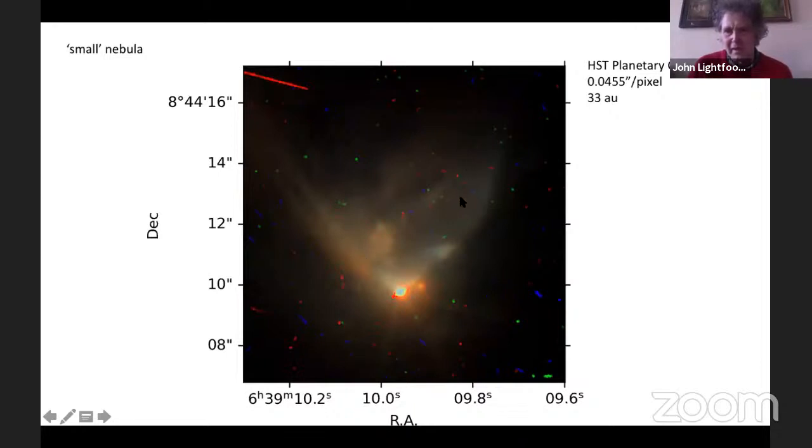It's funny how the Canals of Mars were mentioned earlier on, but there are some lines here which go across in that direction, which seem to point back towards ARM1B. At one stage, I was wondering if this red light over here was actually coming from ARM1B. I don't think it is, because people have measured the amount of radiation coming from ARM1B, and they think it's a much smaller star, and therefore producing much less energy. So I'm sure they are interacting, but ARM1 is very much the dominant partner.